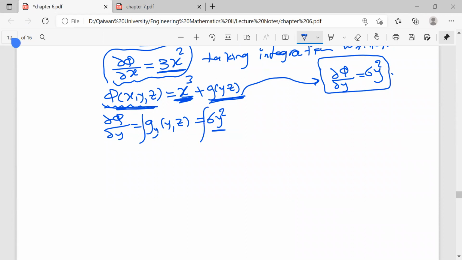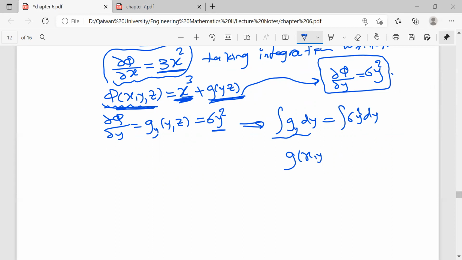Okay, here partial g by partial y equals 6y squared. How about g? G is the integration. Here we say the integration of g sub y dy equals the integration of 6y squared dy. The left hand side becomes g of yz. Okay, and in the right hand side the integration of 6y squared is 2y cubed